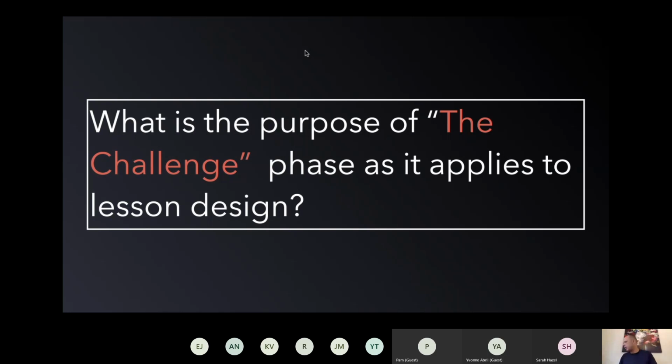James says, align their curiosity with a particular topic subject being studied. Yvonne says, create a series of experiences which will help students to answer their curiosity. Pam from Petaluma says, give them an opportunity to delve into the idea or question that sparked their interest. Sarah said, it's where you challenge their understanding by giving them a task.